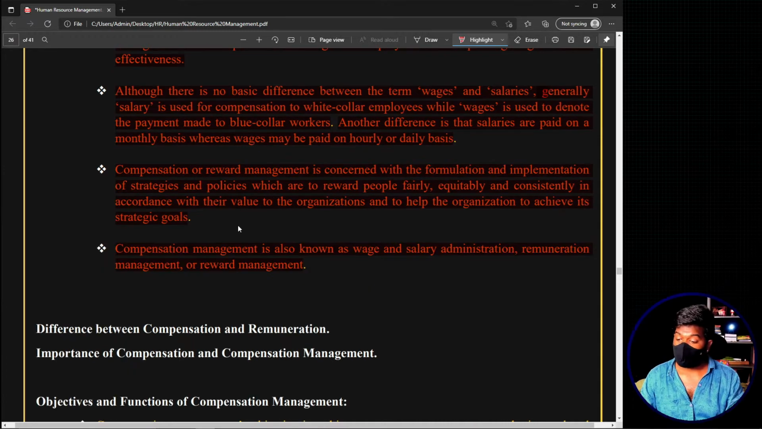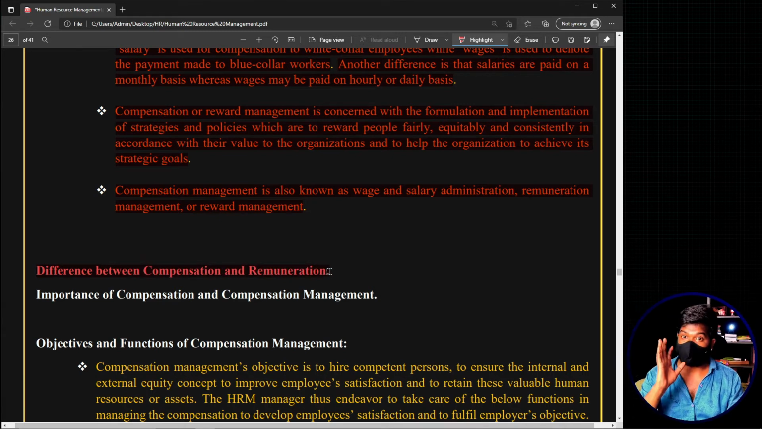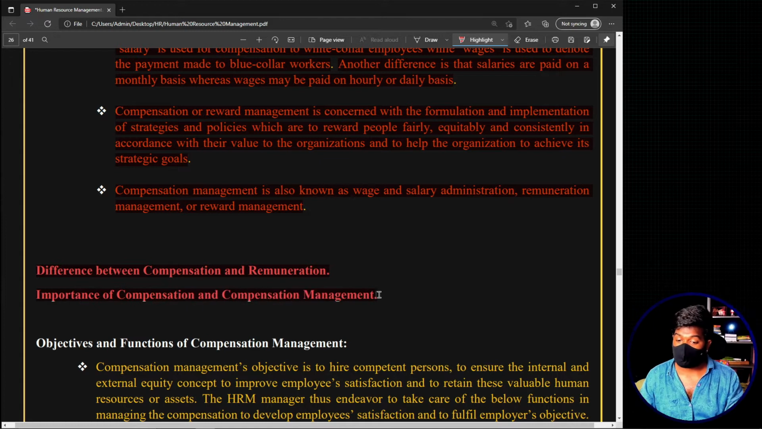Now moving on, the next thing is the difference between compensation and remuneration, which we have already discussed. Now the next thing is the importance of compensation and compensation management. That means what is the importance of this subject, or why do we need to learn this topic of compensation management, or where do we basically use this topic in reality in organizations and all these things. Basically, while we were discussing the initial definition of compensation, we told that compensation is